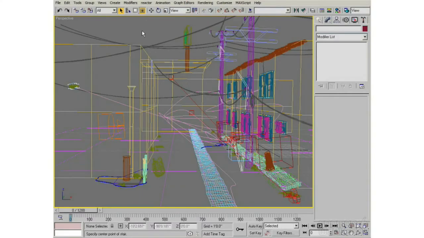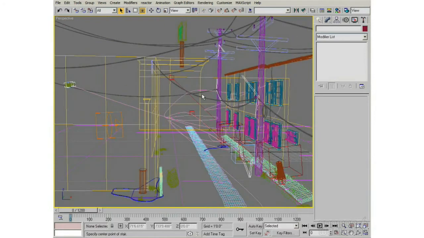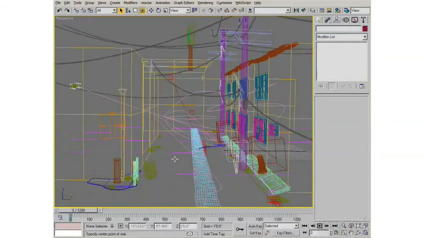And once you get a bunch of objects made, you'll see that your scene can get pretty heavy, and you can make really complex scenes with just those primitives. Virtually everything in here is made up of just a primitive, like we've been talking about. So you can see that when you have a bunch of things in here in the wireframe, 3D Studio is